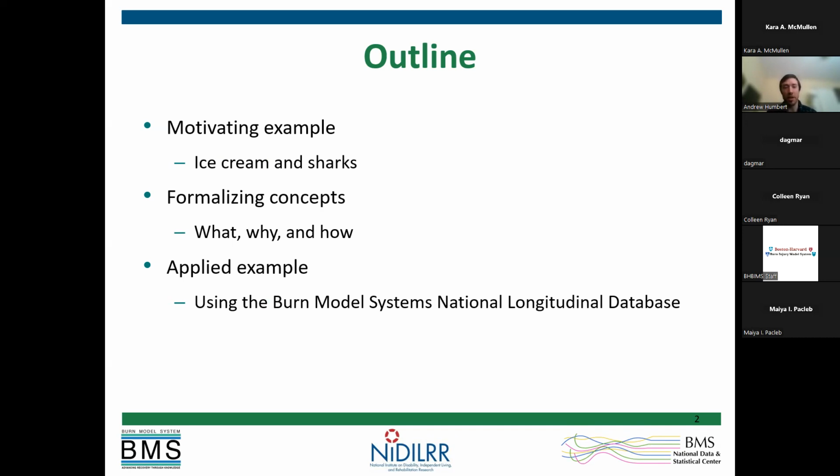And then lastly, we're going to be looking at an applied example, using data from the Burn Model Systems National Longitudinal Database. I know it's a small group, and I don't want to put too much pressure on individuals, but I'm hoping there will be some discussion on how we should build this model, because confounding really is a discussion that needs to be had. It's not just clear-cut, statistician makes the call. It's clinical information, it's statistical information. It's really the combination of a lot of different knowledge that needs to come together to make these decisions. So I'm hoping that by having a discussion, we can promote the idea of really critically thinking about confounding rather than just saying, oh, we should include this, we should include that, willy-nilly.